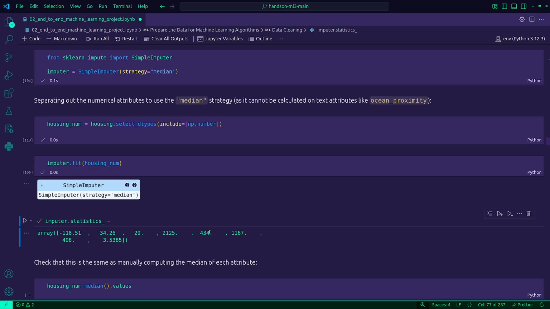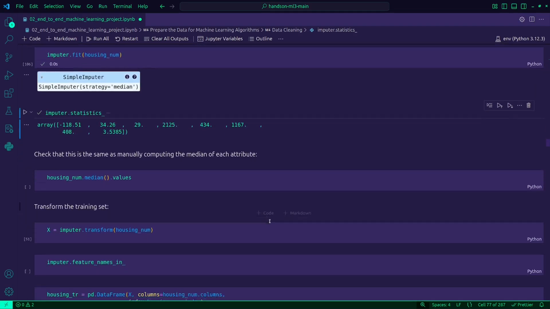So if total rooms had 100, NaN, and 300, and total bedrooms had 50, NaN, 70, and 90, once we calculate this, we would get 200 for total rooms and 70 for total bedrooms. Nice.